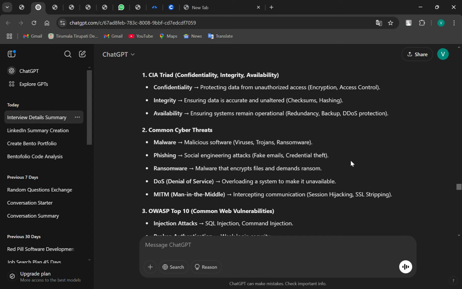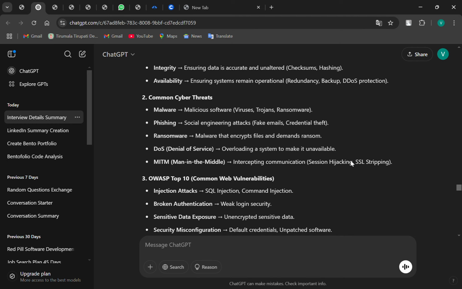Ransomware is a malicious malware that encrypts a file and demands the ransom. DoS, denial of service, means overloading a system to make it unavailable. MITM, man in the middle, interrupts the communication, like session hijacking and SSL stripping.